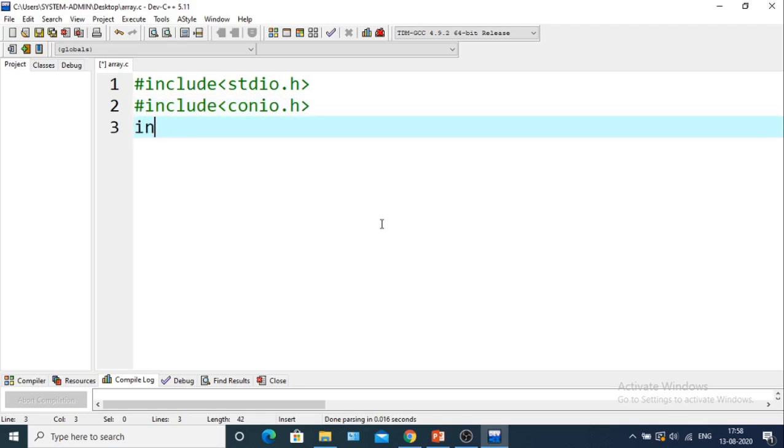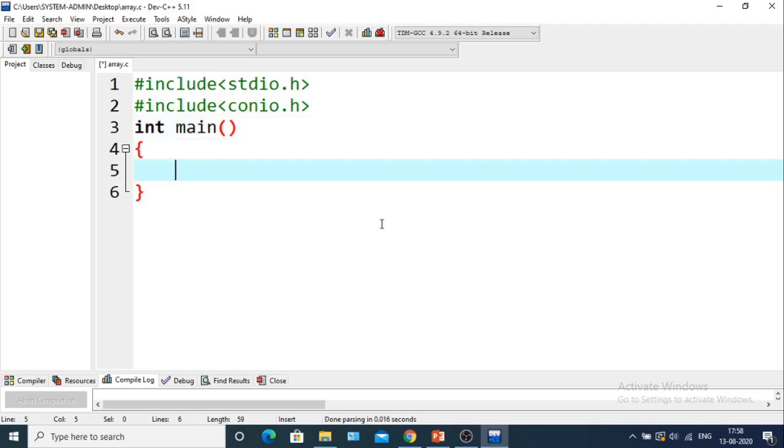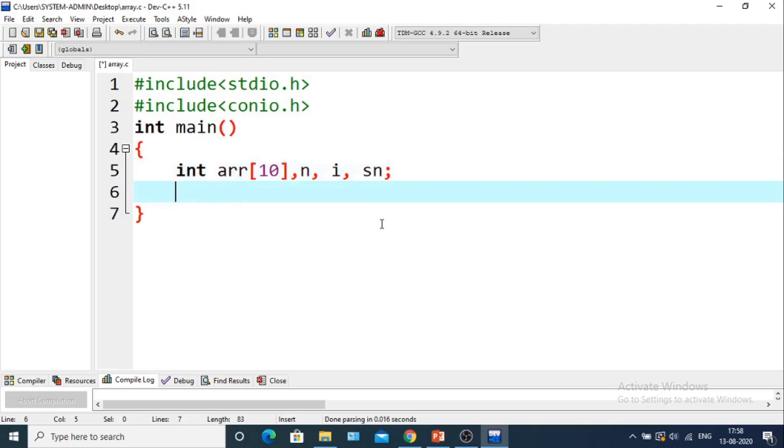Next we'll take the main function, that is int main. Now we'll take the variables: int arr10, n is the size of the array, i is the variable, and sn, which is basically the searching element.